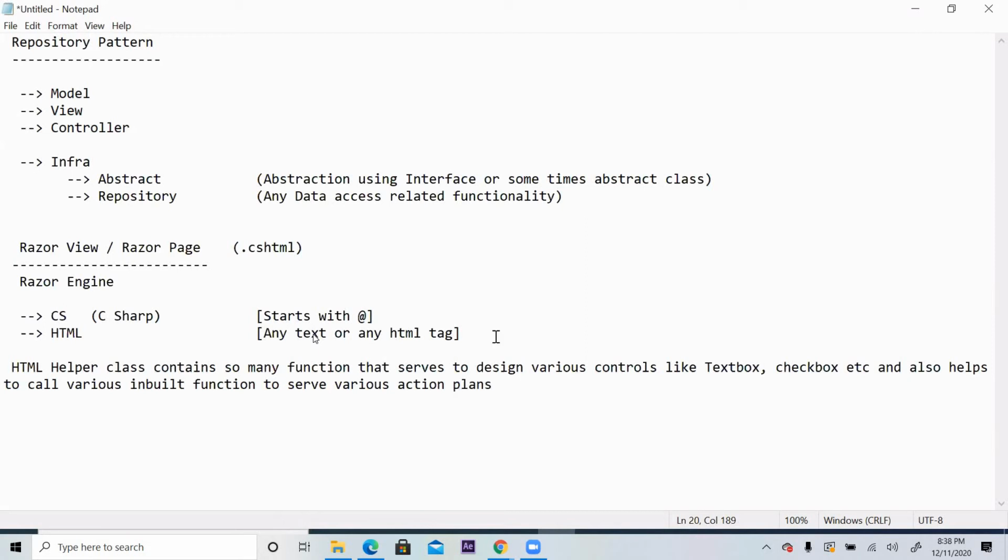Okay. Slowly you will come to know what all those functionalities are and how to call them, which function is doing what action, which function is designing what control, etc.